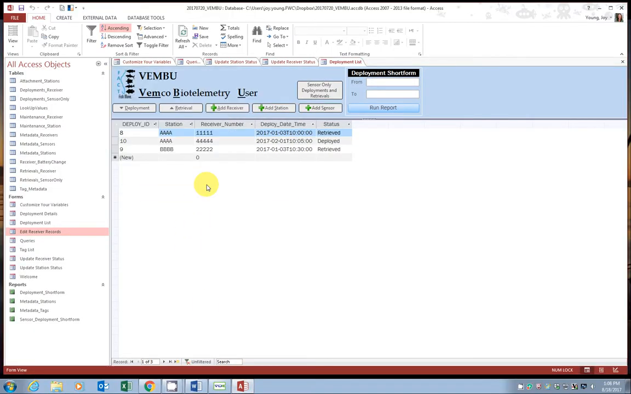There comes a time in life, hopefully, when it's time to retire. The same goes for stations and receivers. Say you have a station that was project specific and the project is over, or maybe you decided it wasn't a good location and you want to retire that station. In the top tabs, select update